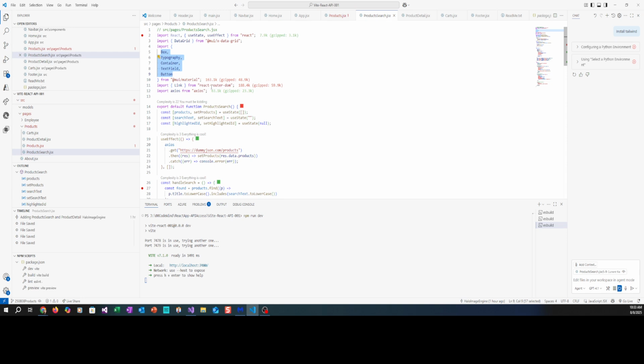The text fields for the search. And then we're going to go ahead and create 3 basic constants. And those constants are the products itself, and then the search text box, which we're going to use to go search. And the highlighted ID